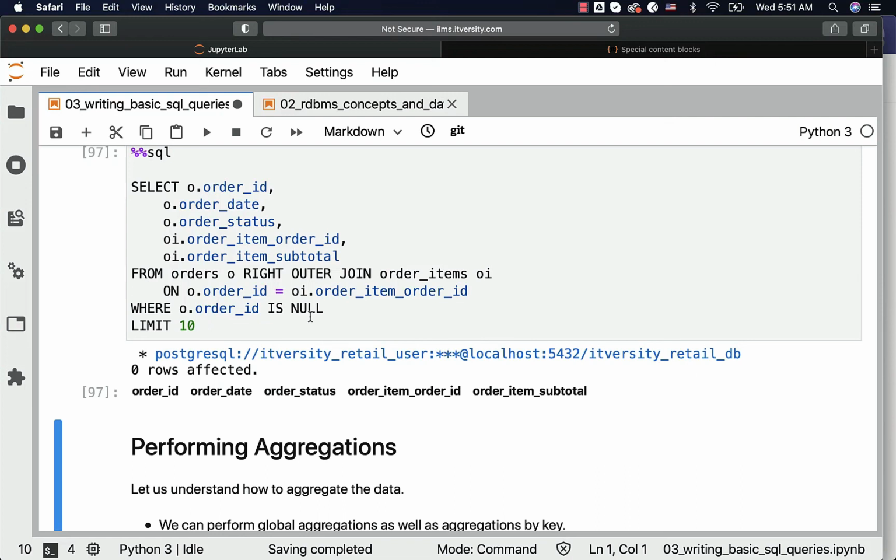So this is how we can validate our data sets by using outer joins, especially between those tables which are related, if at all we have certain records in child tables for which there are no corresponding records in the parent table. As we have understood all the aspects of filtering the data, projecting the data, as well as joins, now let's get into the aggregations so that we understand how to perform the aggregations on top of our data in the tables.